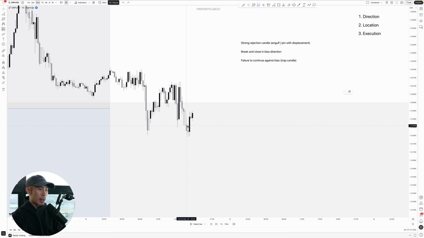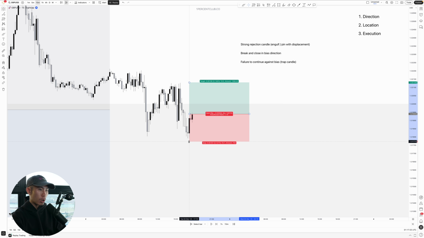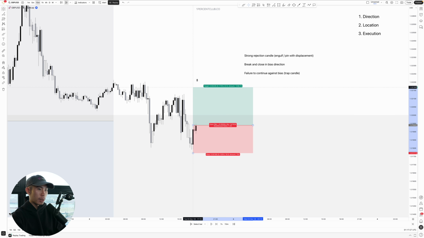So this is where you can easily enter for a long right here. You can either enter for a buy on the close of the candlestick itself, or you can even place a limit order above this candlestick itself, right? But in this case, I'm just going to keep things simple, enter for a buy right here, place my stop loss below this low here, and place my take profit at, let's say, 3R.